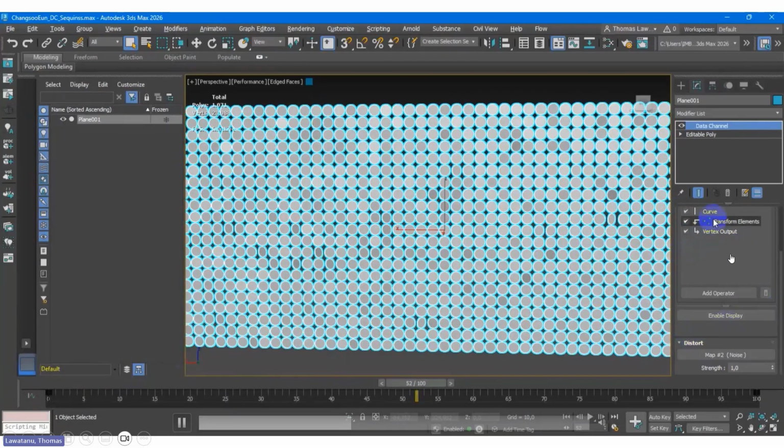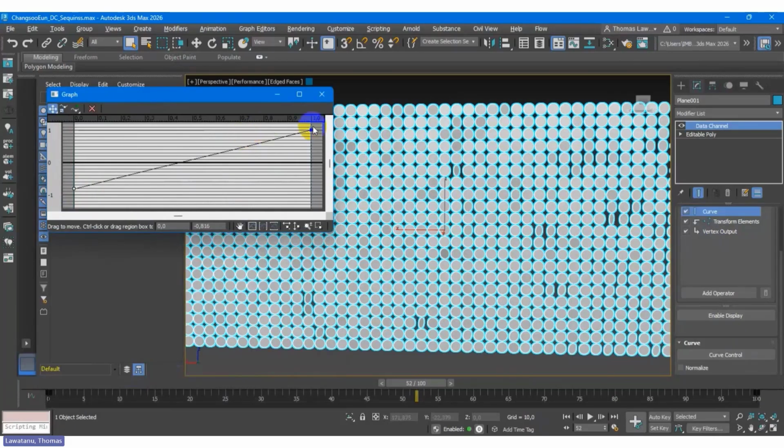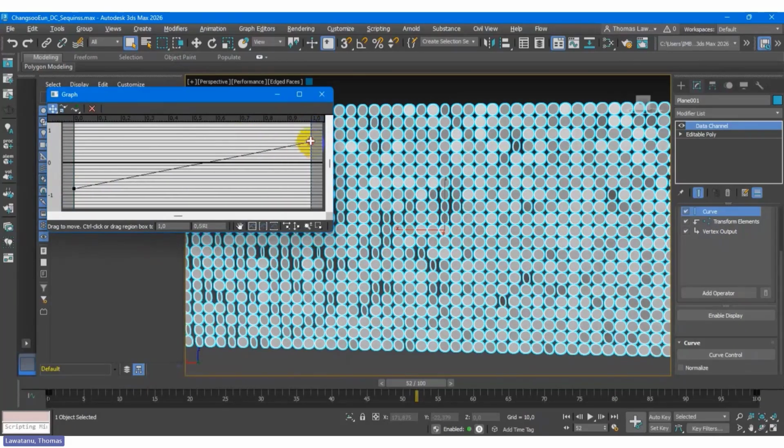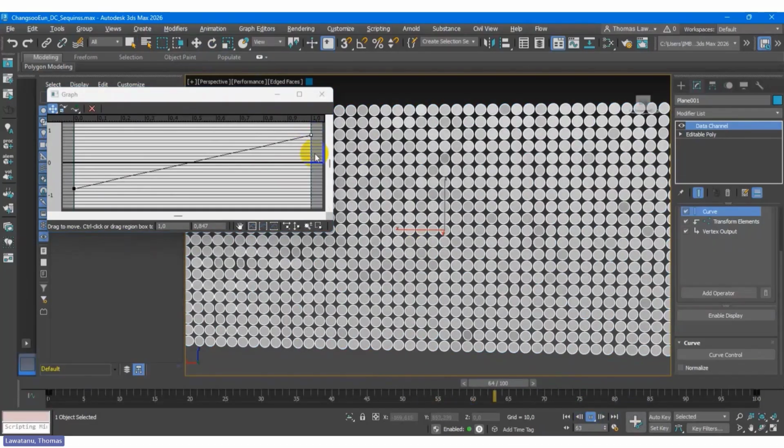Okay, so this is how I break it down. Let's say this is a curve. The curve in the operand means you can change the behavior of your object, the y-axis. That's why this is easier.